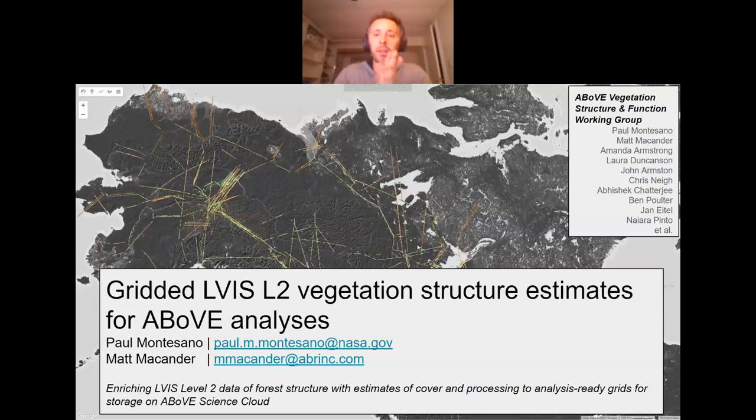But basically, the background to what I'm quickly talking about here is that early on in this round of ABoVE, Matt and I realized that we shared this common interest of looking at gridded Elvis data. And we also thought that a lot of other teams would be interested in the gridded version of this data. I'm talking about the Elvis campaigns that were flown in 2017 and 2019 in the ABoVE domains as part of